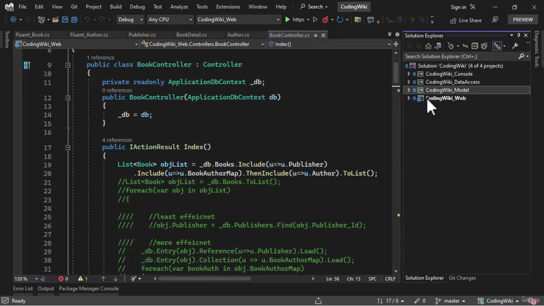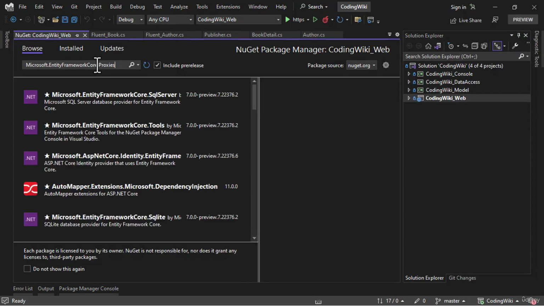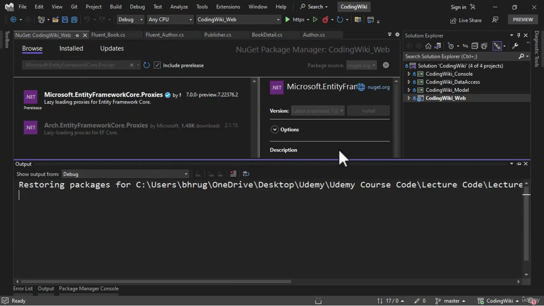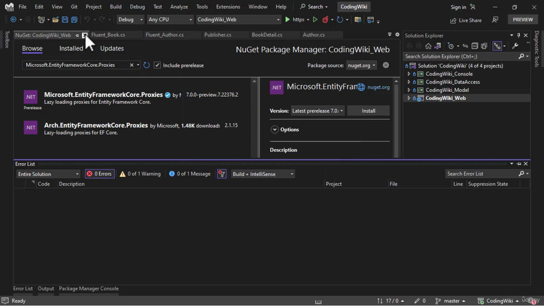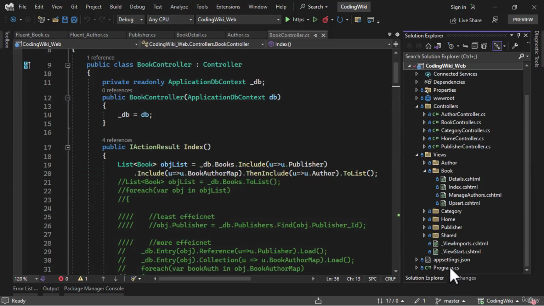We need a NuGet package in the web project. For that, manage NuGet packages. We will search for Microsoft.EntityFrameworkCore.Proxies. We will install the version for that, and once that is done, we need to open the program.cs